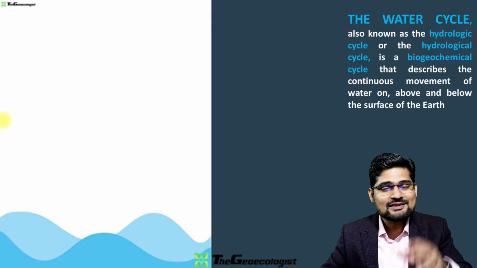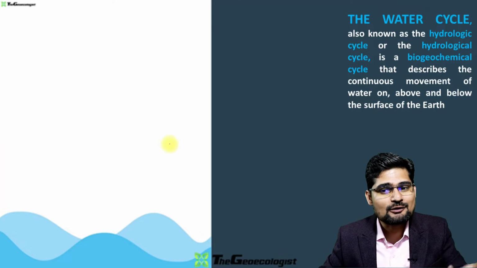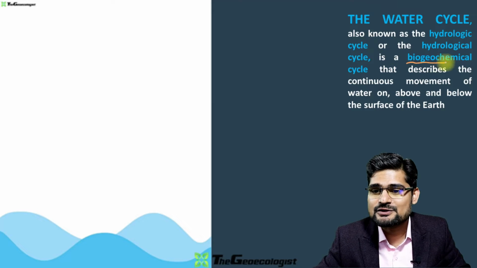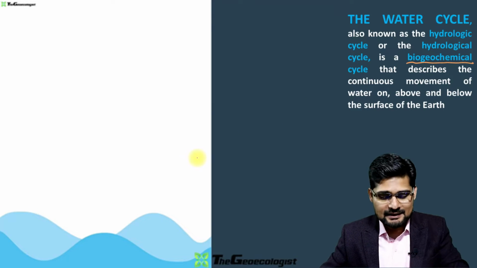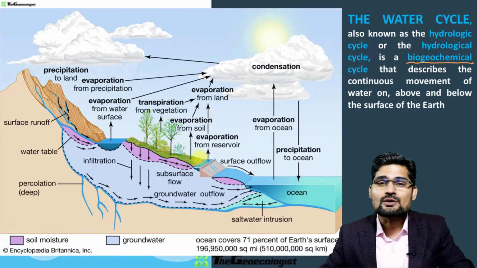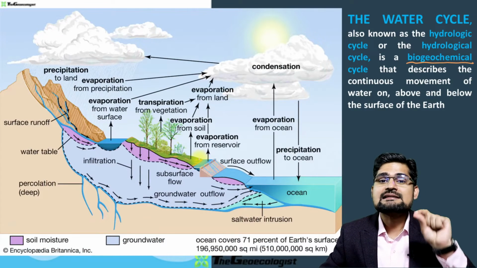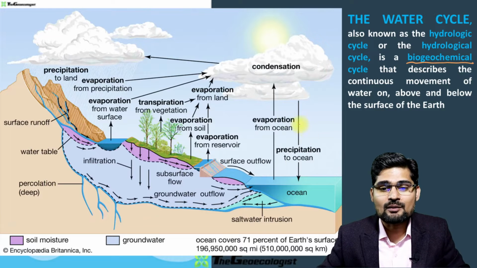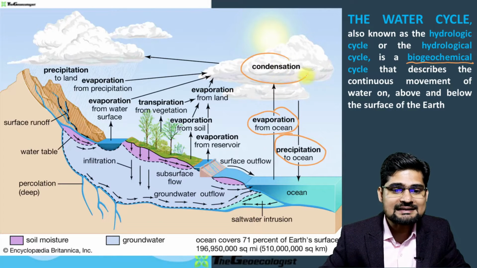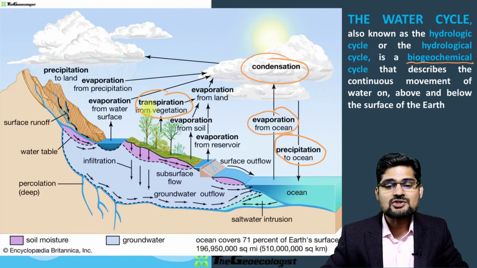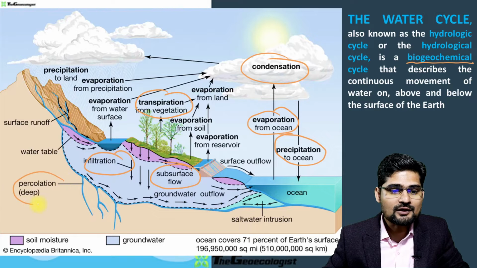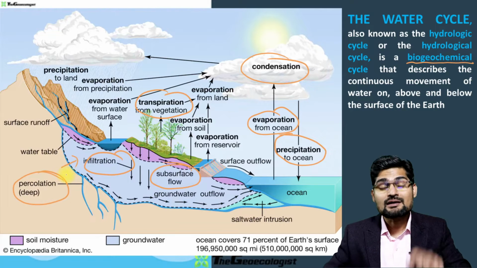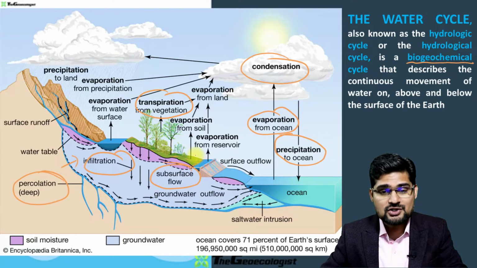I'm sure since your childhood you have seen this water cycle called the hydrological cycle or biogeochemical cycle, where the continuous water changes its forms and circulates in the system. So there are certain words. Again, just take a revision of these words right from evaporation, precipitation, condensation, transpiration, infiltration, then you have subsurface flow, percolation. All these words are to be revised and put into the picture. So now,